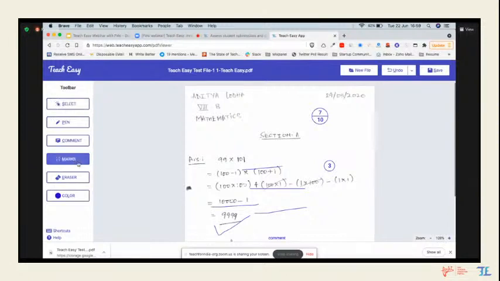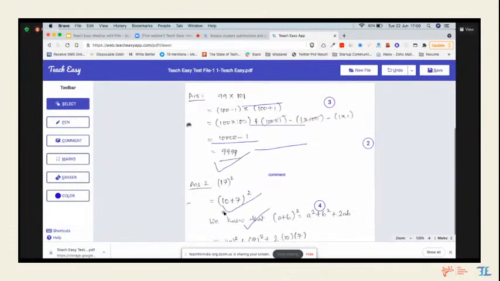Let's do that. Let's say I'm giving this 2 marks here. Now I want to move this 2 marks to my extreme right. What I'll do is I'll select the tool, and I will see I have selected this mark. Then I'll click and move it to the extreme right. See. Excellent. Okay. That's it.